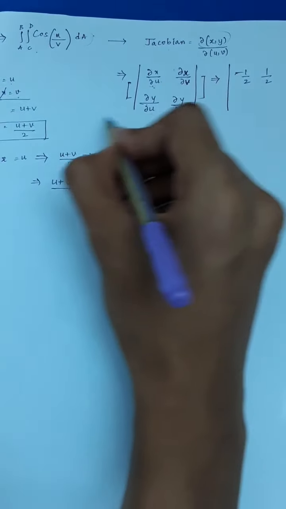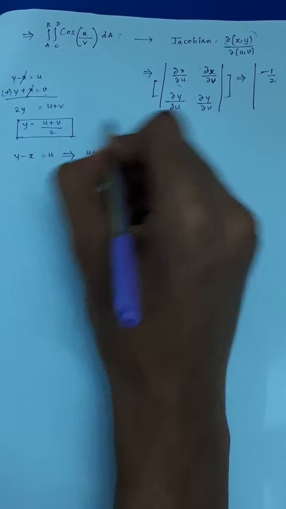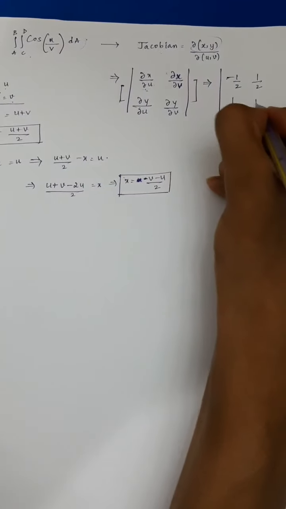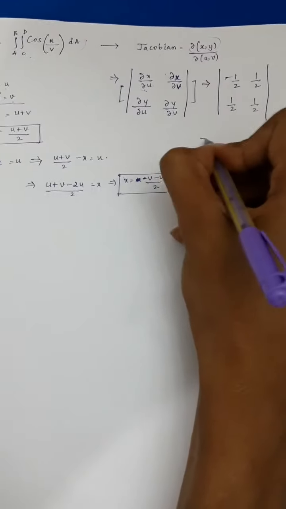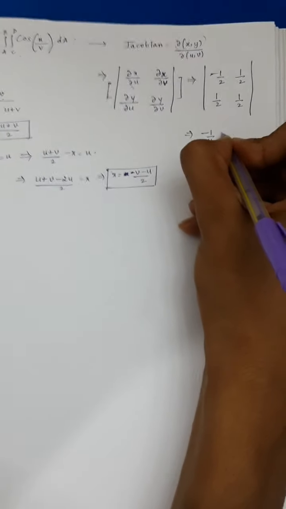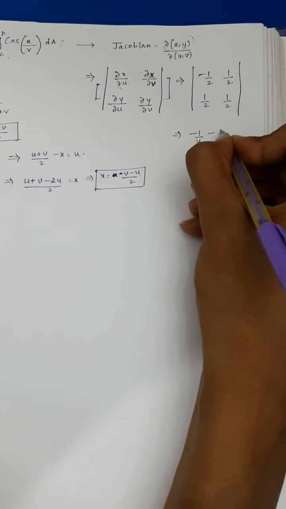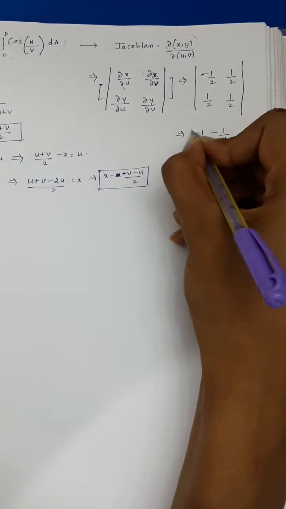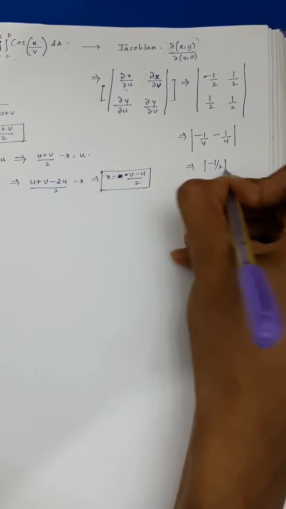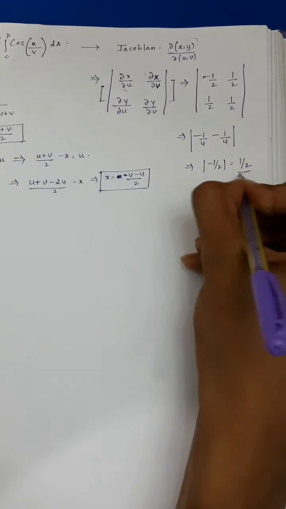This would be dy by du. ∂y/∂u would be 1/2, and ∂y/∂v is also 1/2, which gives us minus 1/4 minus 1/2 times 1/2, which is 1/4, which we take in mod. This is mod of minus 1/2, and the Jacobian is 1/2. This Jacobian should be multiplied